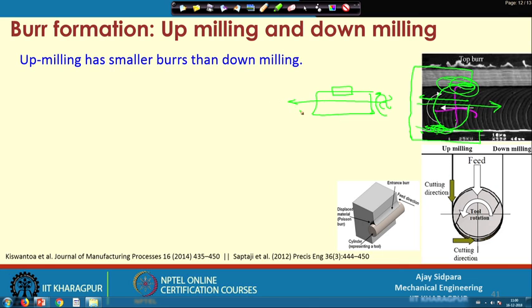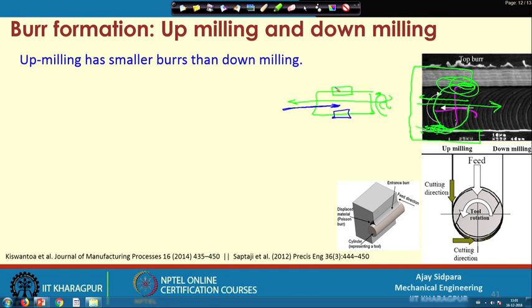After reaching here, let us change the direction of movement without changing the rotation direction of the cutting tool. We are changing the feed direction only. When you move in this direction, you will get more burr formation on this side. But we know that this is already machined on the up milling side, so you will not get more burr formation here, because the burrs are already removed and this channel is already cut. The objective of moving in this direction is only to remove the burr formation here, not to do cutting, because cutting is already done in the first cycle. In the next cycle our objective is to remove the burrs formed on the down milling side.